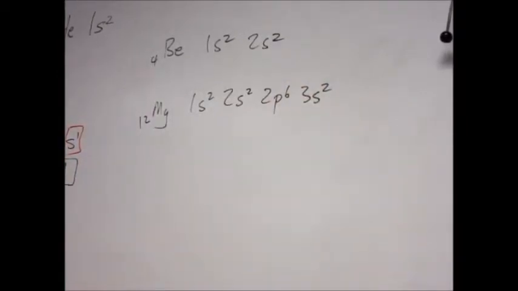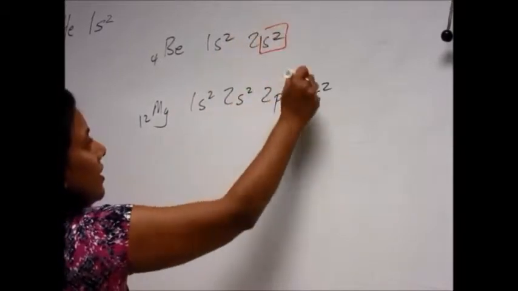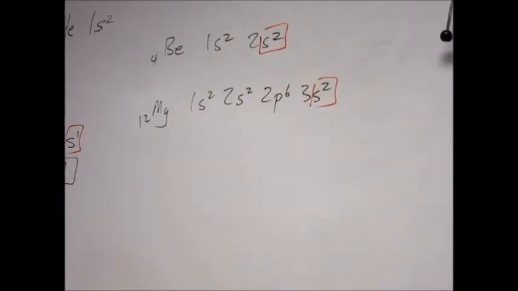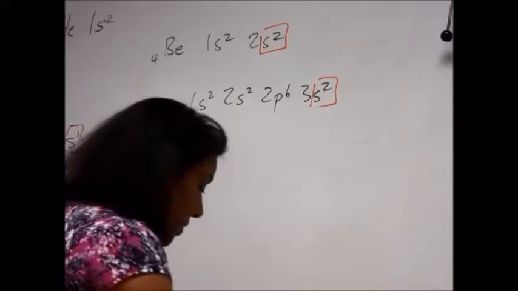So here's beryllium and magnesium, and if you look at the pattern over here, you will see that it is all ending in S2. Good? So now, let me take you to the periodic table, and I'll show you some of the things here that are really critical